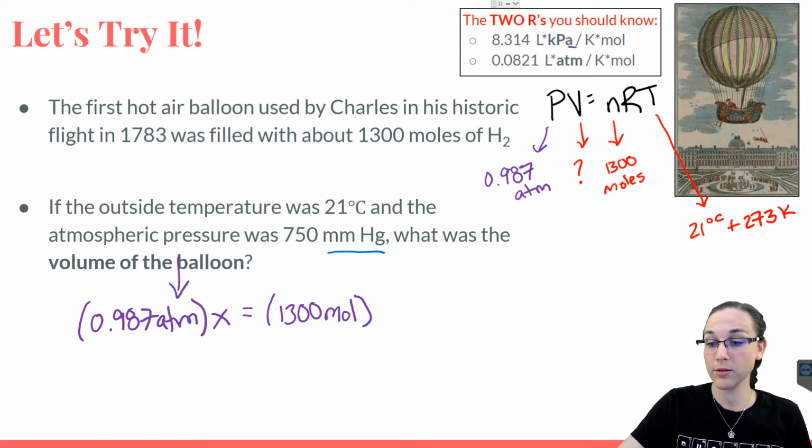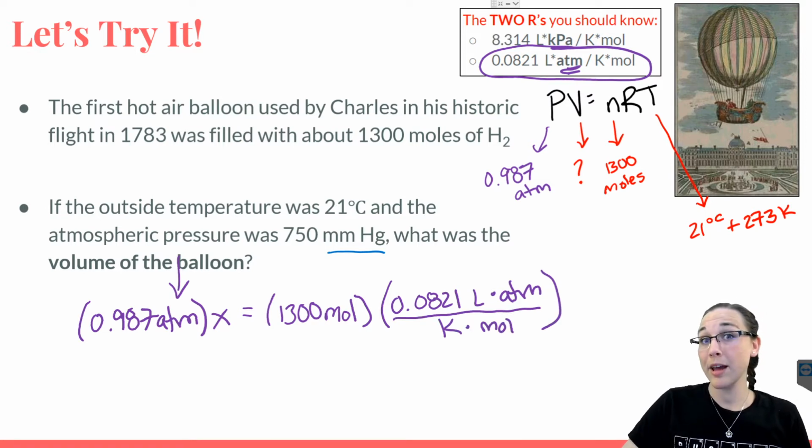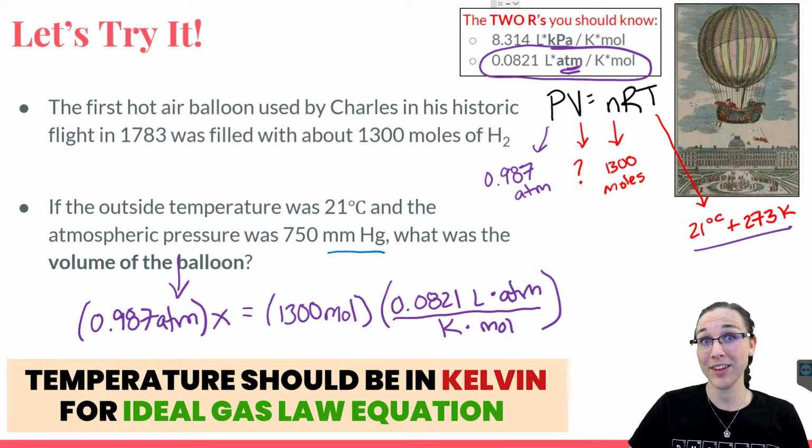So we're going to use this R value up here, the one that has ATM in the units. So that's going to be 0.0821 liters times ATM divided by Kelvin times mole. And then we're going to multiply that by the temperature in Kelvin. So first we have to add our 21 degrees Celsius plus 273 to convert it to Kelvin for a temperature